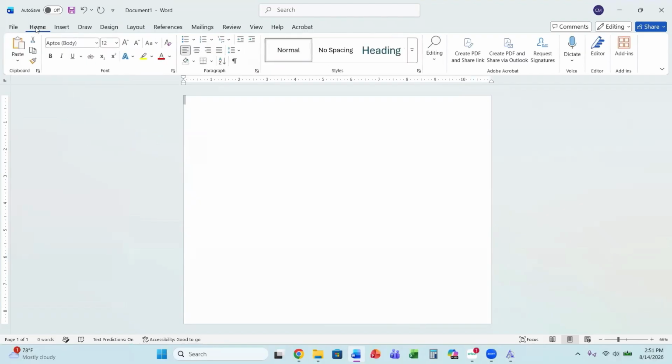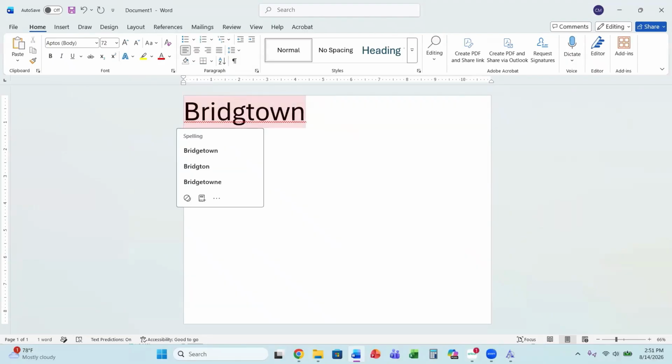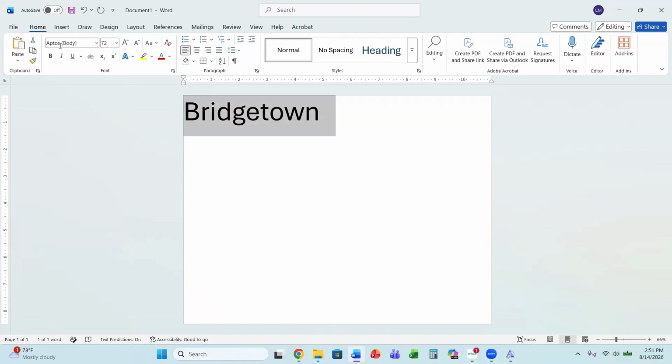So now we'll go to home here and let's just type Bridgetown. And I'm going to make this bigger so that you can see it. I spelt it wrong already. I can see that, but I'm going to make it bigger so that you can see it. All right, so now I'm going to highlight Bridgetown, and up here, I'm going to go to my font box here,